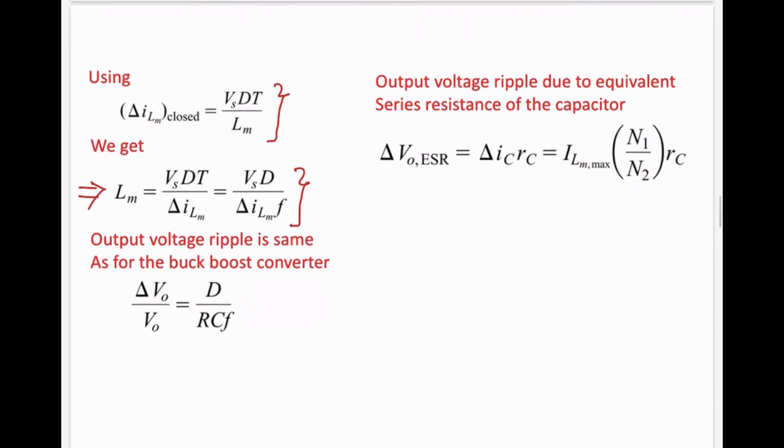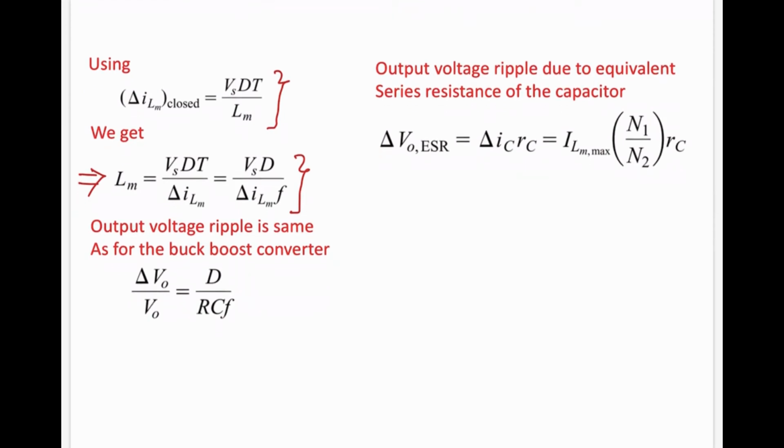And then how you can find out the voltage ripple, as it is the buck boost converter. So all the concepts of buck boost converters can be applied. And we have discussed it, and we have derived this expression when we were discussing the buck boost converter. So the voltage ripple can be calculated with the help of this one.